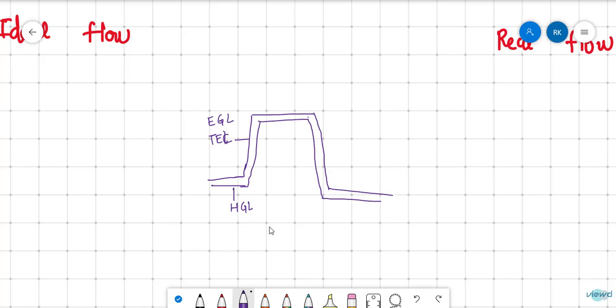So from this you can say that the energy is given to this fluid at this point, and the energy is received from the fluid at this point. That is because total energy has been increased here and total energy has been decreased here. Here it is increased. That means there is a pipe, and some machine is present here, another machine is present here. So the energy is supplied. That means in a pump the energy will be supplied, in a turbine the energy will be absorbed from the fluid.